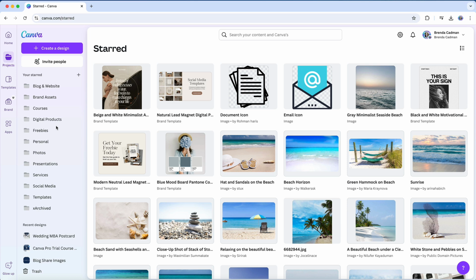Since Canva's recent Glow Up update, the Starred Content folder has moved from the project section and is now located